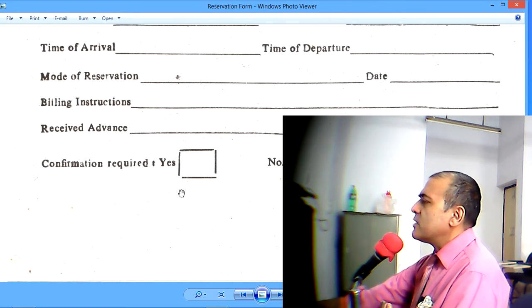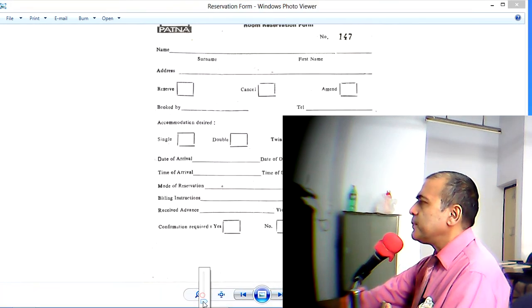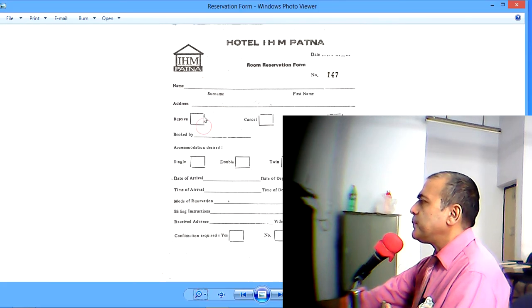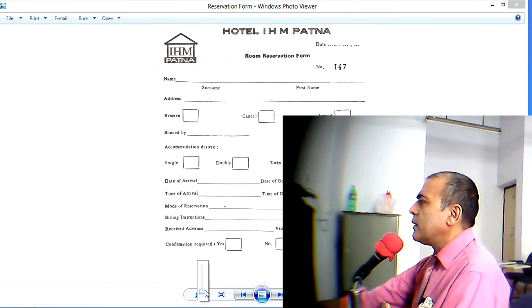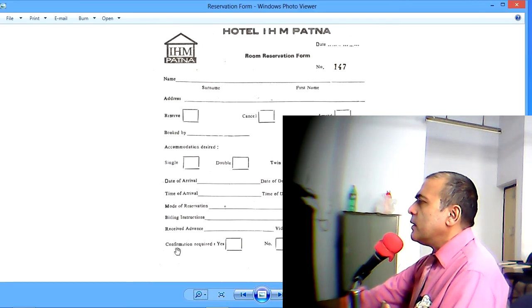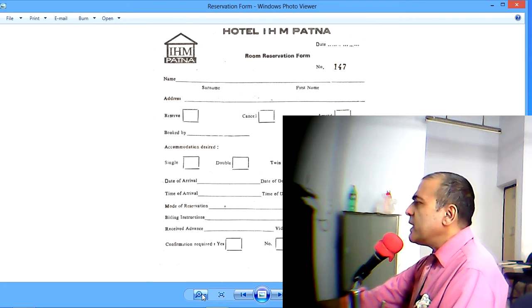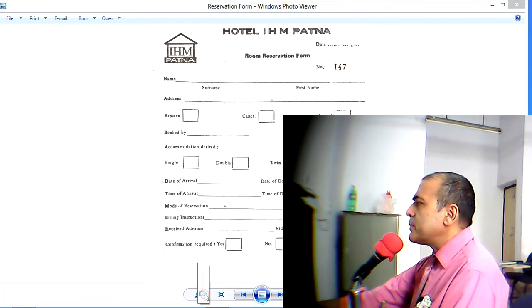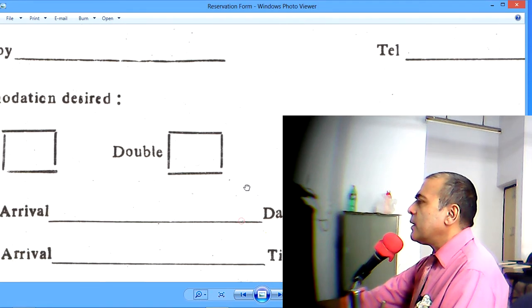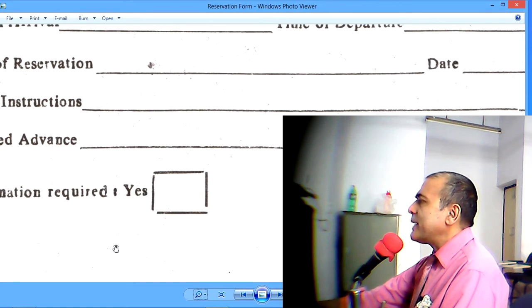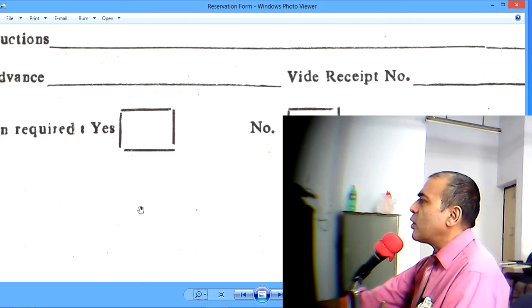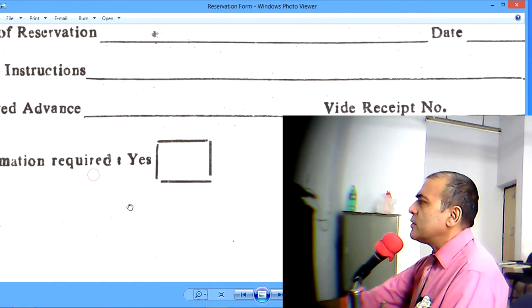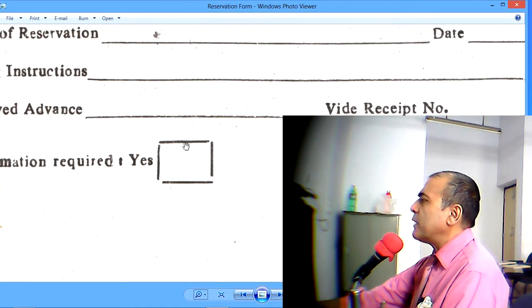And lastly, as you go down, the column is confirmation required or not. Many guests who are on official trips sometimes need a written confirmation to submit in their office, and in that case, whether the guest wants it or not, we have to tick this box.